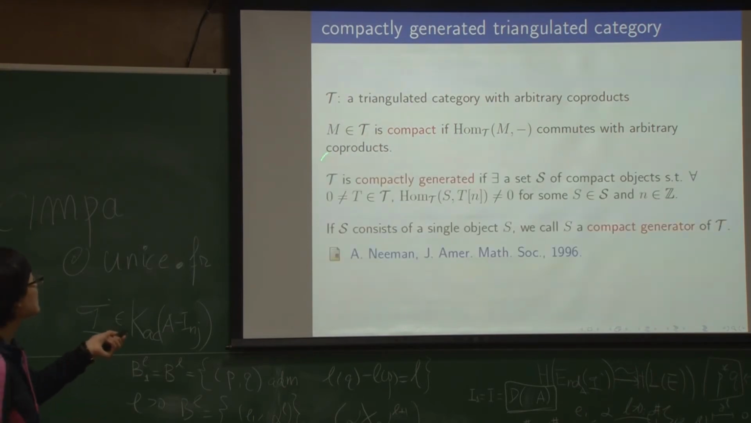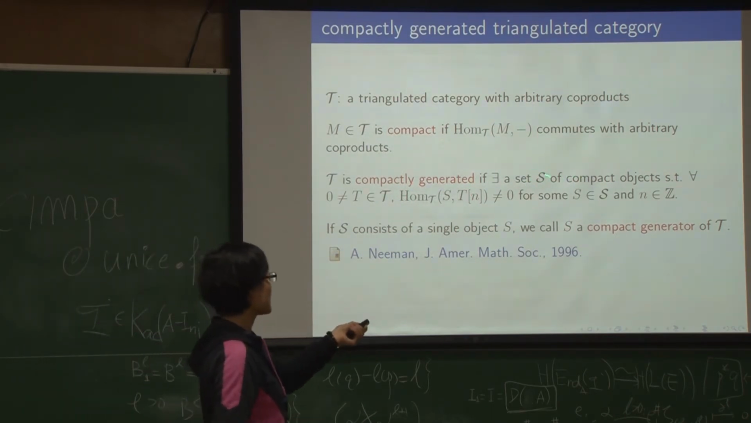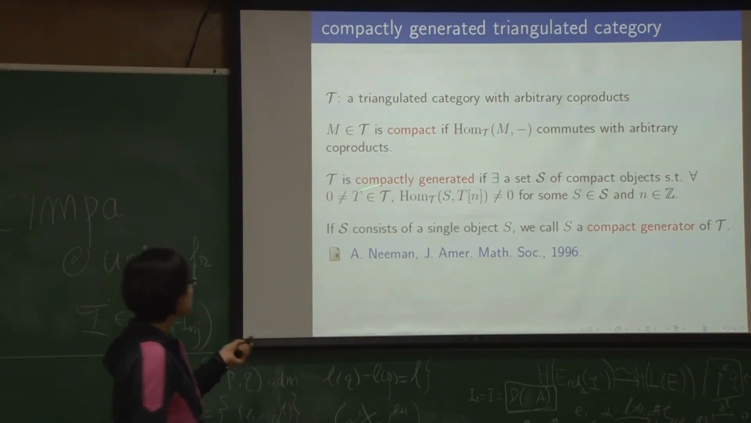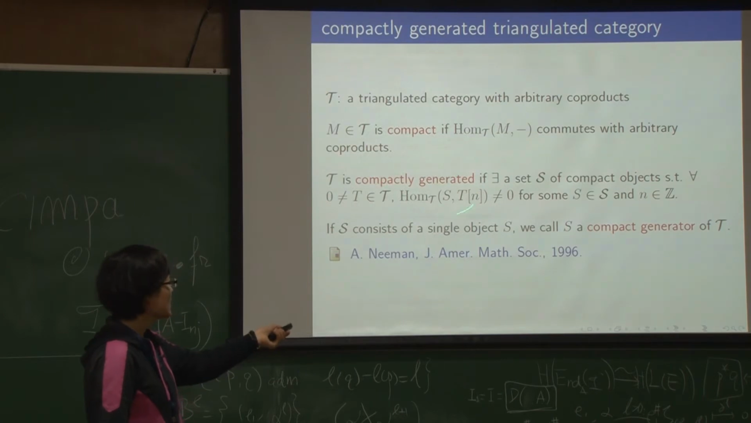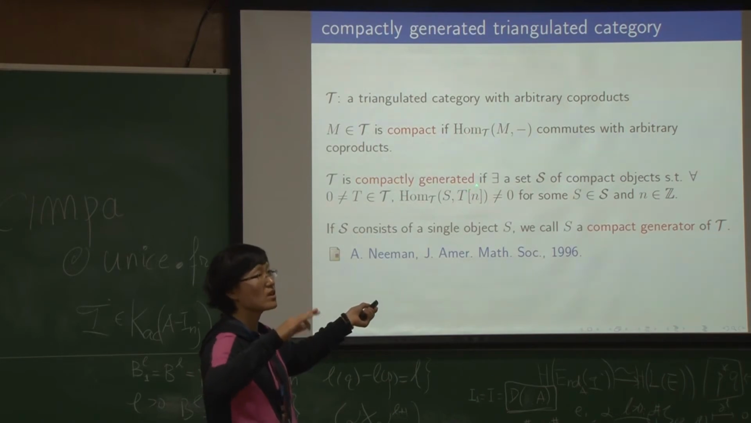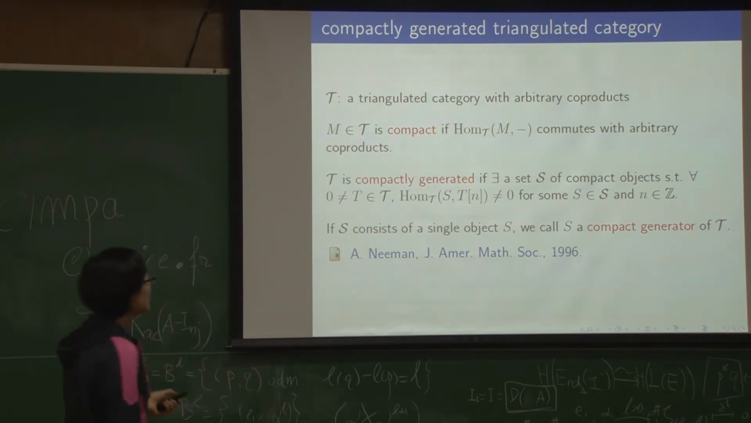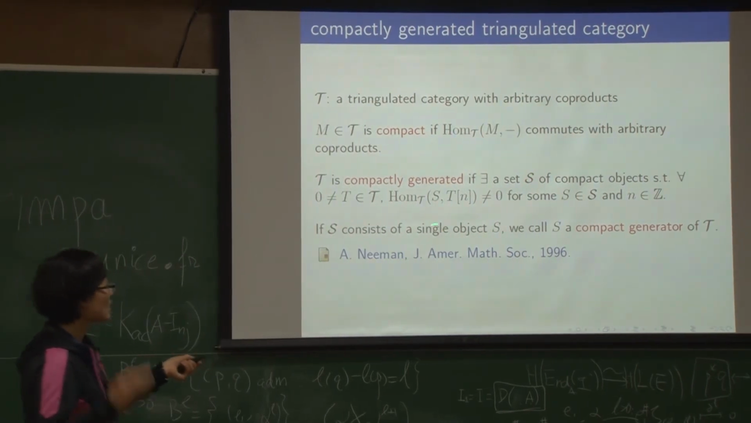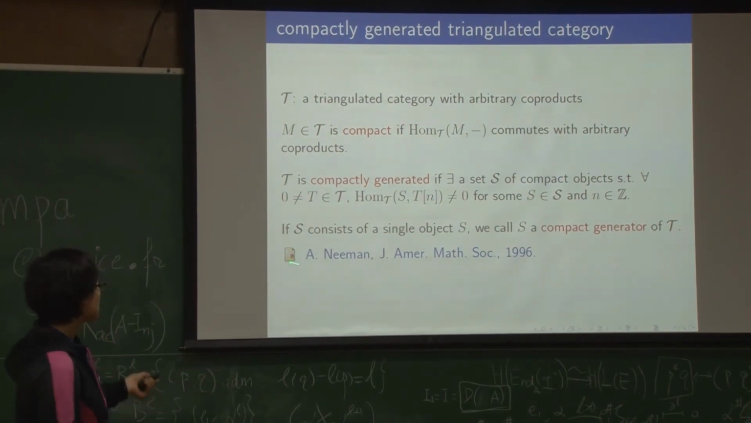Then we call T compactly generated if there exists a set S which consists of compact objects such that for any non-zero element T, this Hom is non-zero. Here, this has a shift. This is the shift functor for this triangulated category. If this set S consists of a single object S, we call this single object a compact generator of T. In fact, Neeman